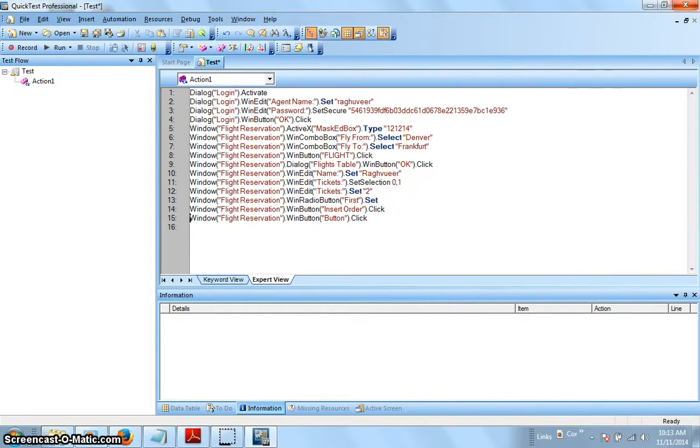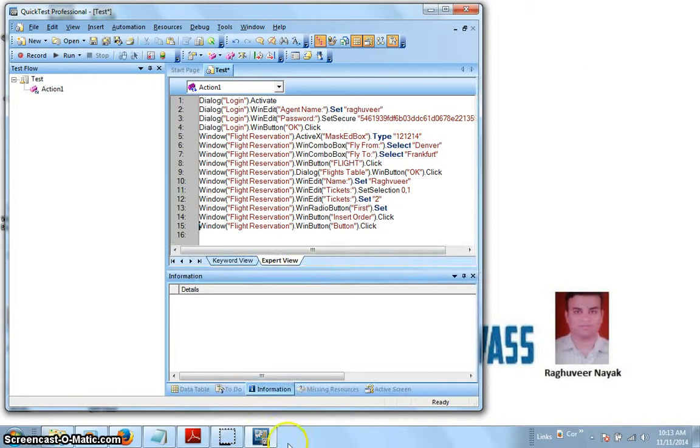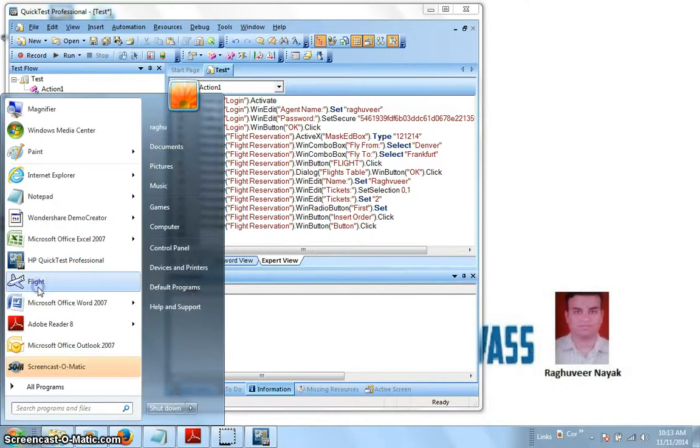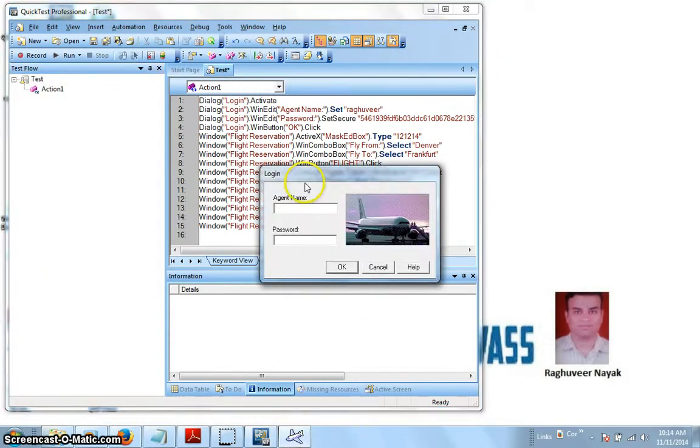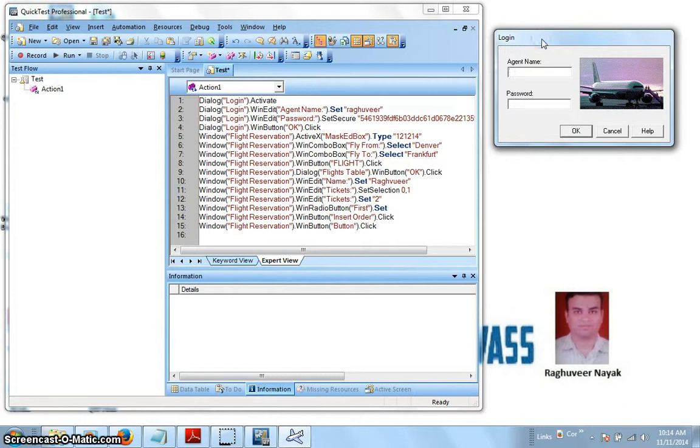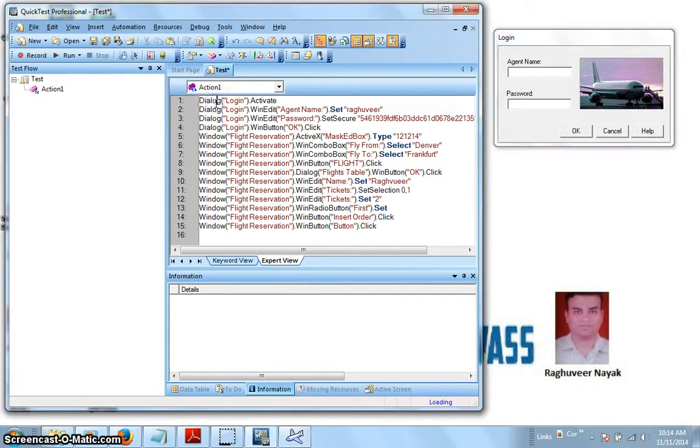Now I need to perform this task on my application. A thumb rule is that you need to open your flight reservation system screen first. This is your screen, and now you start your activity.